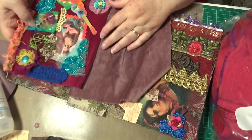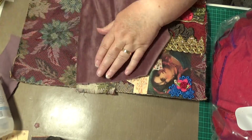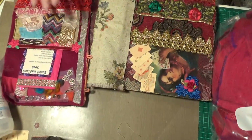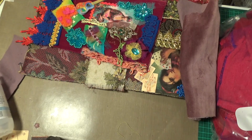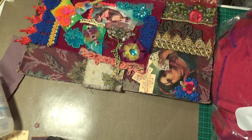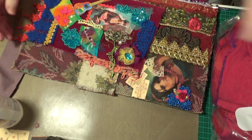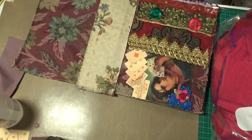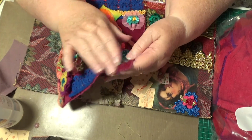Is it in straight? It's too low. It's way too low. Take that off. Take that off. Oh my goodness me, what am I going to do now? Okay, so that didn't work. I can just put that video up of what not to do, can't I? Because I've just got myself into a